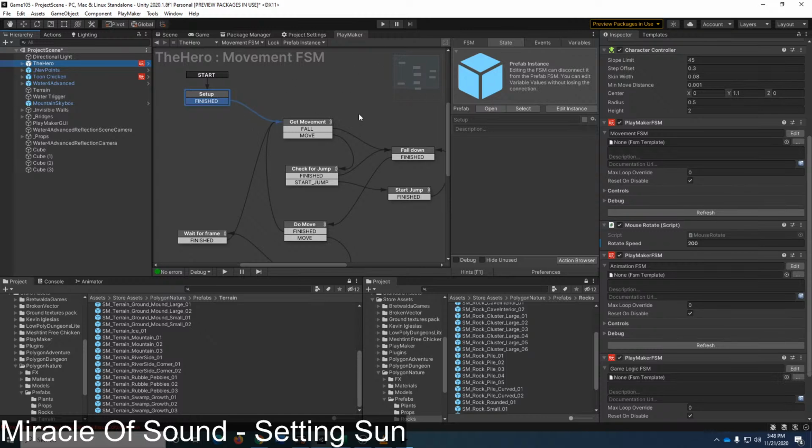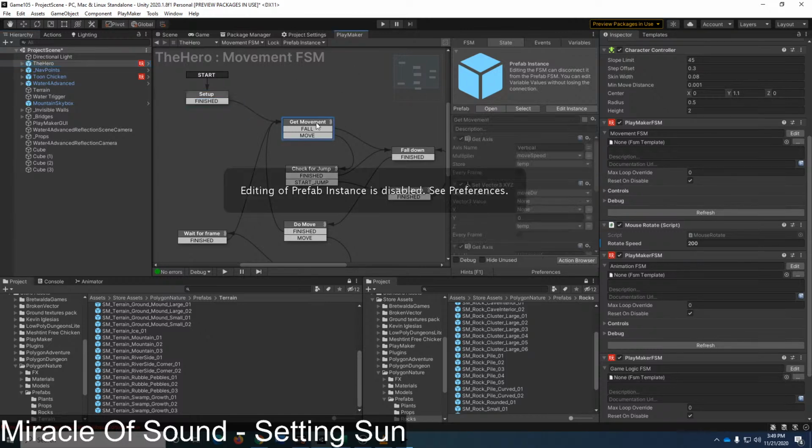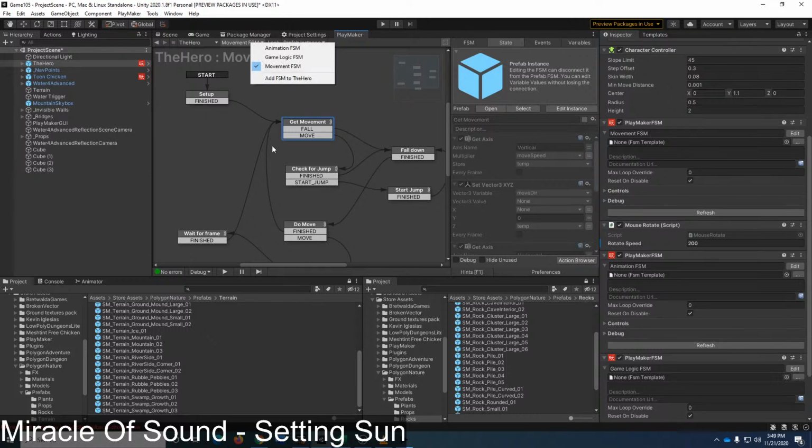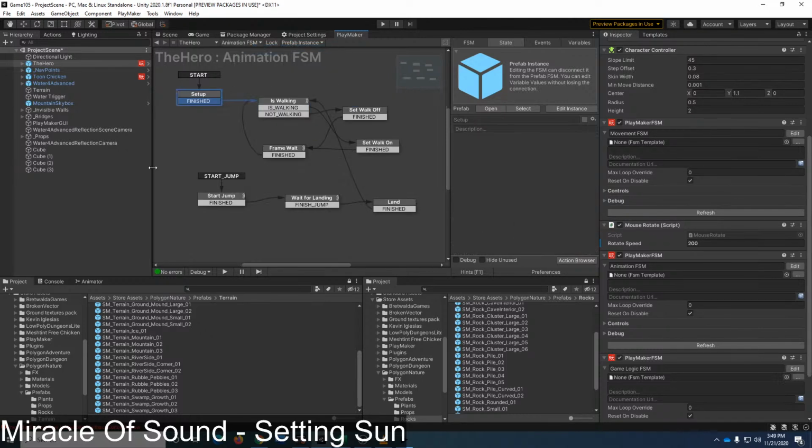So I have my movement here. I think maybe another state machine, because again, I'll worry about performance when I have measurements telling me to worry about performance. I'm probably also going to need to modify my animation, because I need to know whether or not I am sprinting or not.